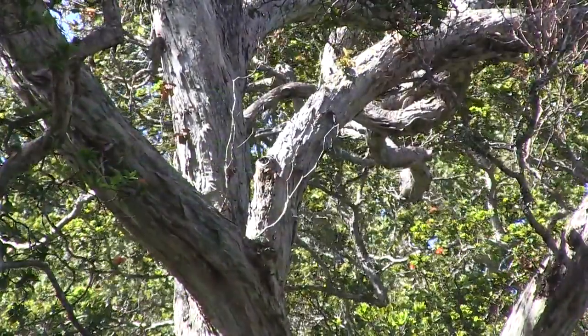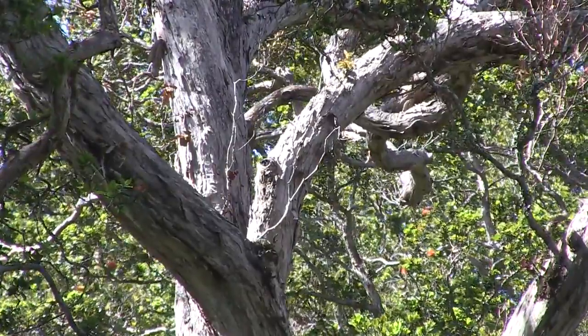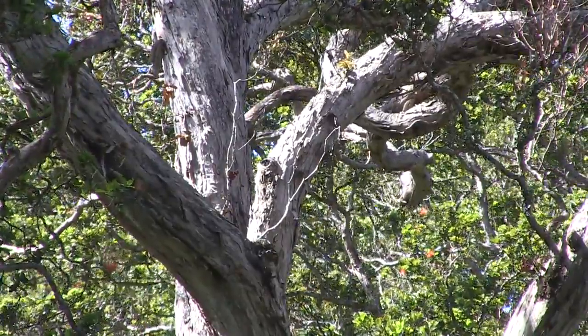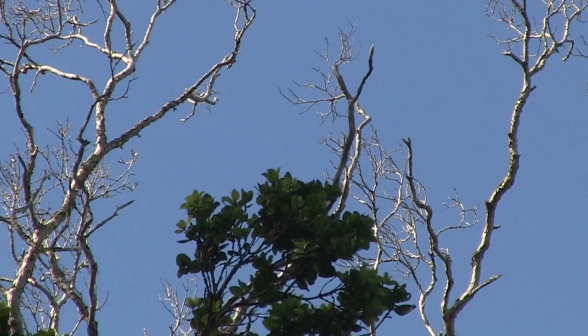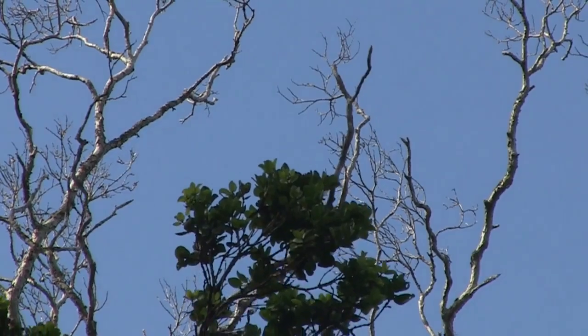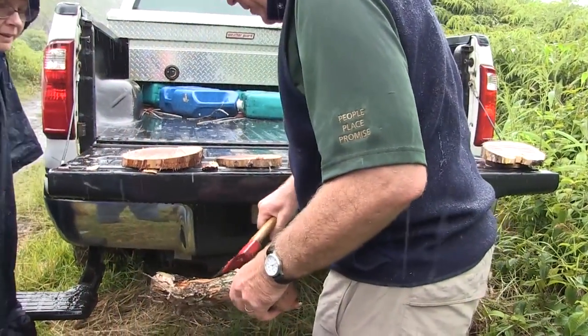Two laboratory tests have confirmed that this very old tree was killed by the fast-moving fungal infection known as rapid Ohia death. Well, it's really devastating to look at the forest and see the damage that rapid Ohia death is doing to our ecosystem and our watersheds. These trees have been here for hundreds of years, and to see them go down to a disease like this is really heartbreaking. Across Hawaii Island, the disease is killing trees and devastating tens of thousands of acres of native